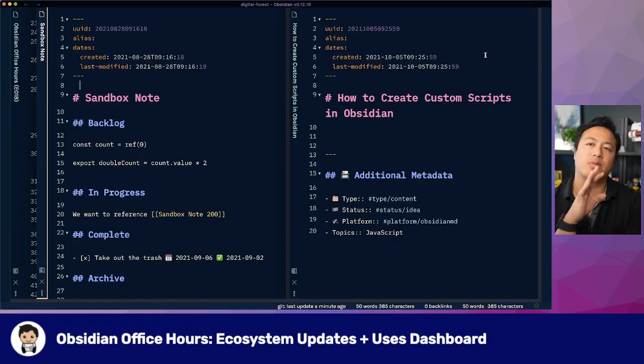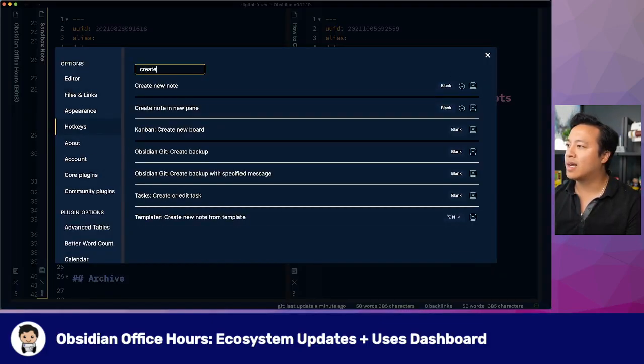I vaguely remember there was a setting for that where you could actually create, you know what, let me look at the hotkeys real quick. Again, here we go. Create note in new pane. This is great because that means the feature fundamentally exists. But this is where it would be nice if one day, if the maintainer's ever watching, I would love to help by submitting a PR for this UX improvement,